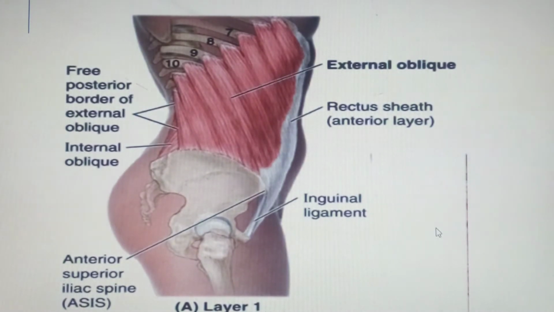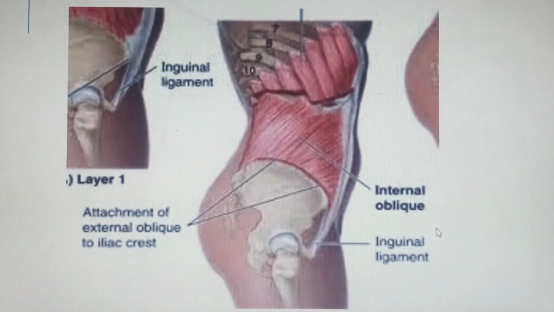Now remember that upon contraction, the external oblique muscle helps in compressing and supporting the abdominal viscera, or organs. It is also important in flexing as well as rotating the trunk. So those are some important bits that we have to know. Now let me also show you some other muscle. If I cut the external oblique muscle and reflect it, the next muscle which will be deep to it,